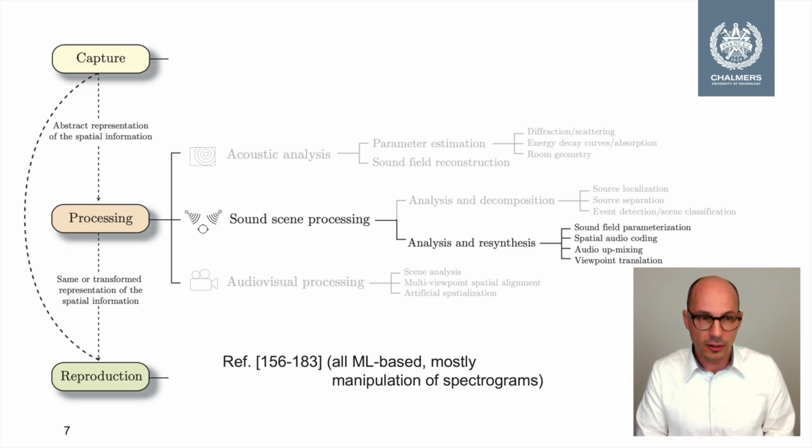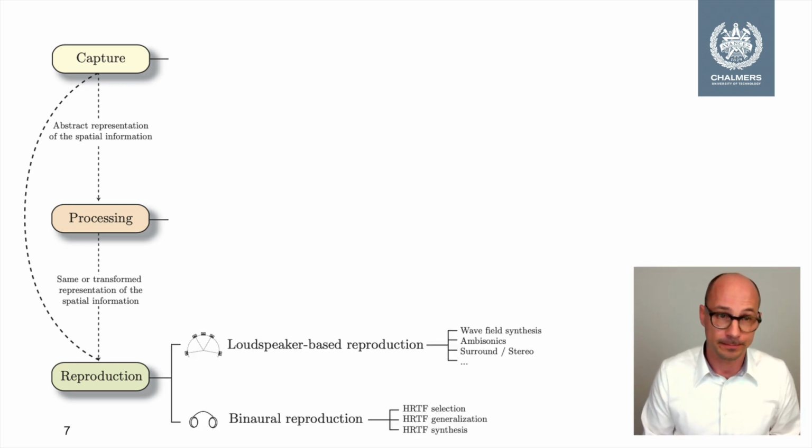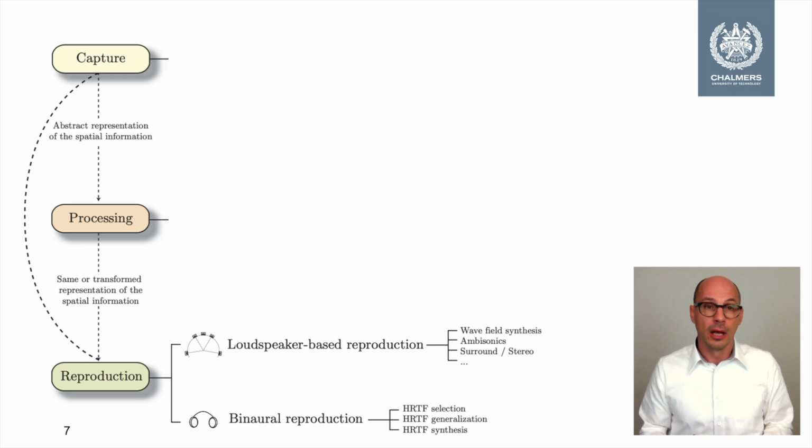So let's move on to the reproduction stage of the processing pipeline. The reproduction stage mostly uses linear methods with more or less of a physics-based motivation. So, for example, wave field synthesis, ambisonics-like methods, stereophony, binaural reproduction, and the like. There is not much room for machine learning here. The exception in this context is the